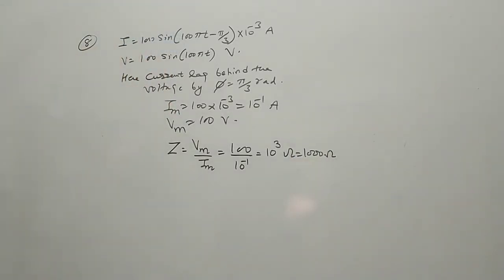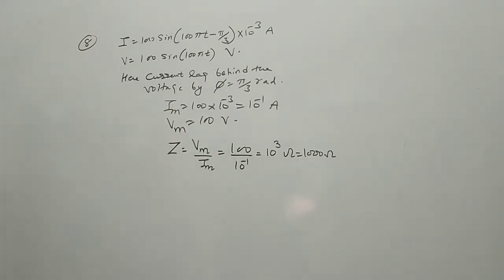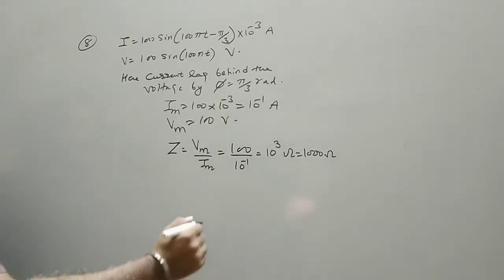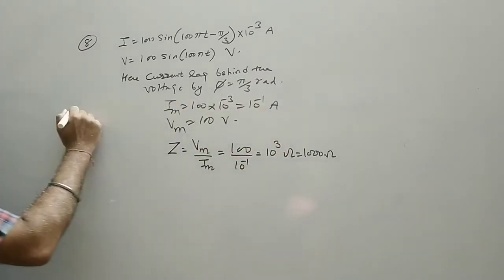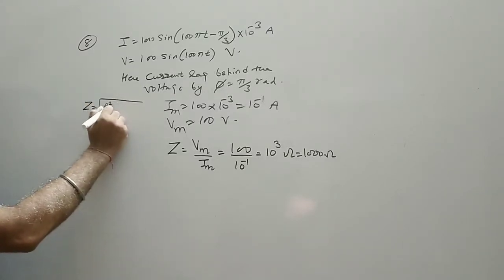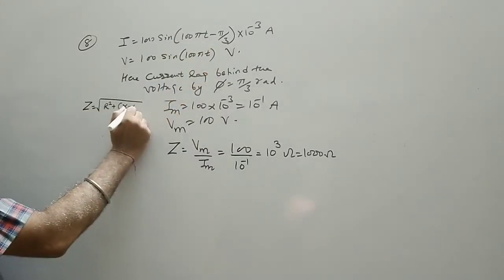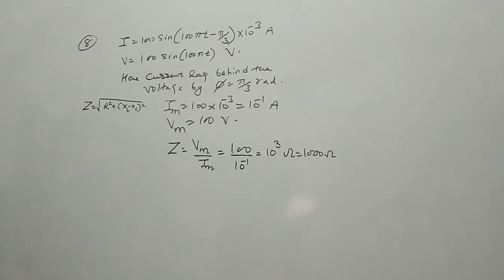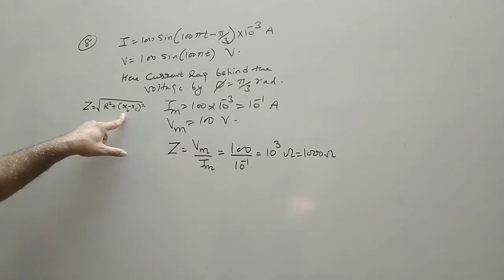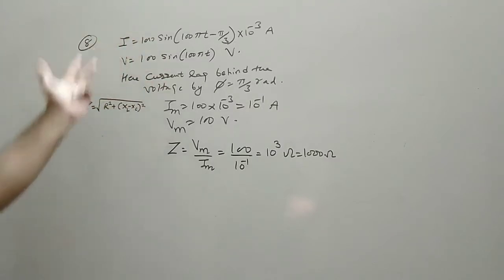So first, we directly find the impedance with the help of Ohm's law, Vm divided by Im. Now we have a phase difference of pi by 3. If it is an LCR circuit and I have to find out R, then I have to write Z is equal to the square root of R square plus (XL minus XC) whole square, since the circuit is inductive. Now if we use this formula to find R and XL, we need the frequency for omega, and for XC the C value is also required, which is not given.